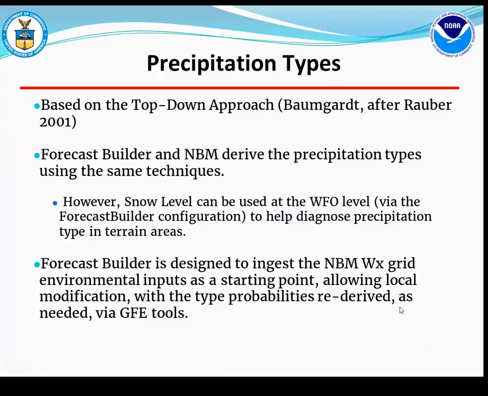So the precipitation types, briefly, are based on the top-down approach, as I mentioned earlier. The forecast builder and NBM derivation of the precipitation types are exactly the same. So we are talking about consistency both from a national delivered level if you use the precipitation types directly, or rederive them in the forecast builder without altering the inputs. Also, new to the forecast builder infrastructure at least is the inclusion of snow level, which can also be used to diagnose the precipitation type, especially in areas of terrain,